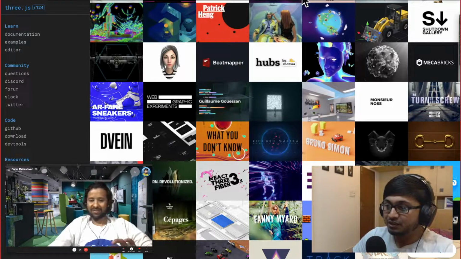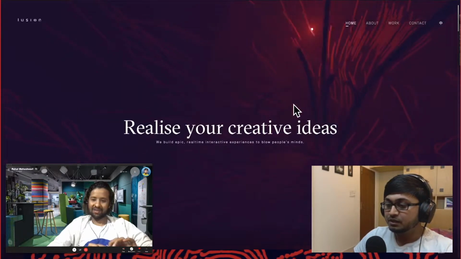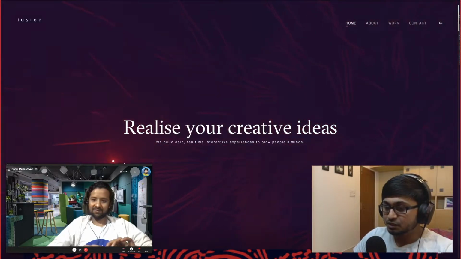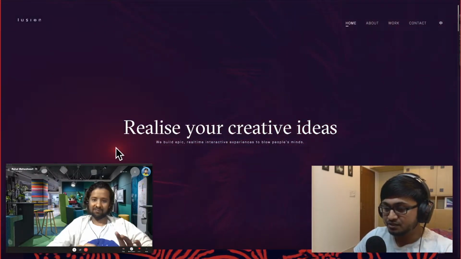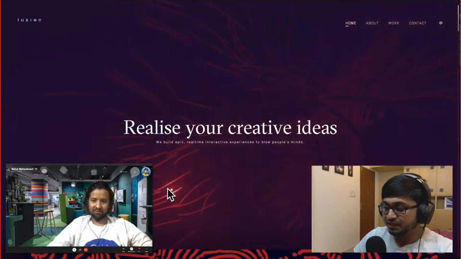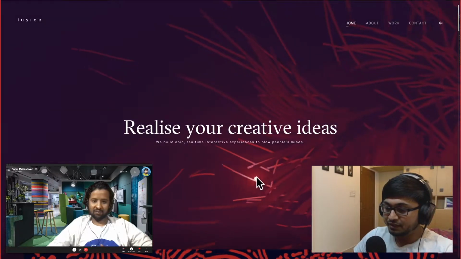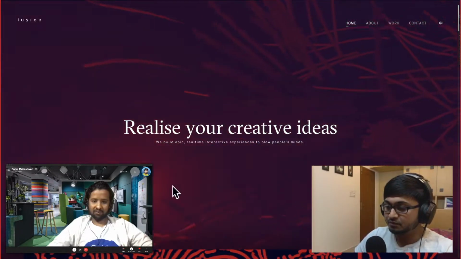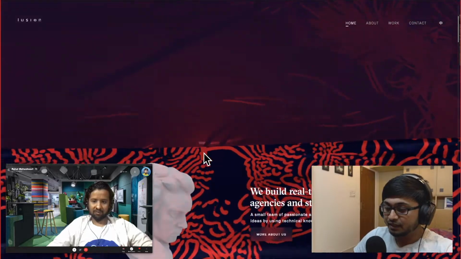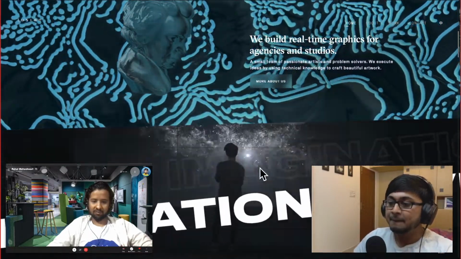So this demo, right? I want to cover two demos here, which I found really cool. One such demo is this web page. This is a product page. As I move my mouse, you're seeing the strings behind, right? They are actually moving. It's not a video. They're actually rendering this in the canvas. It's a WebGL technology. As I scroll right, it is actually giving me some sort of audio behind as well.